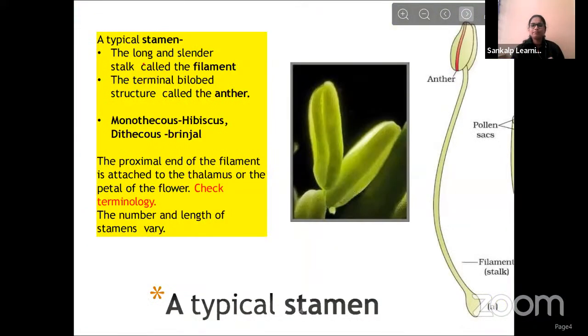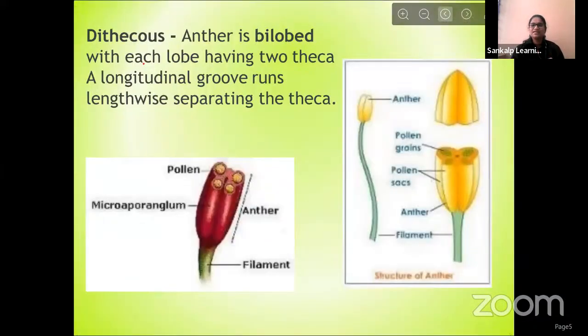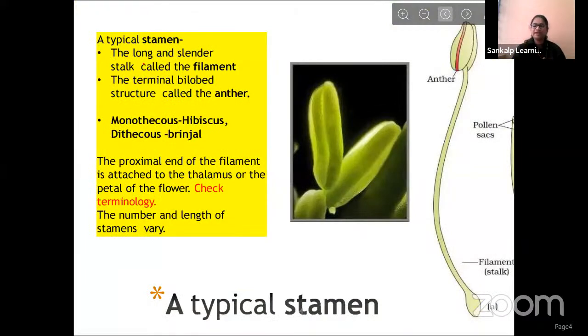So the male reproductive system in a flower is called androecium. Individual part, the single part, is called a stamen. As you can observe on the screen, the stamen has a thin